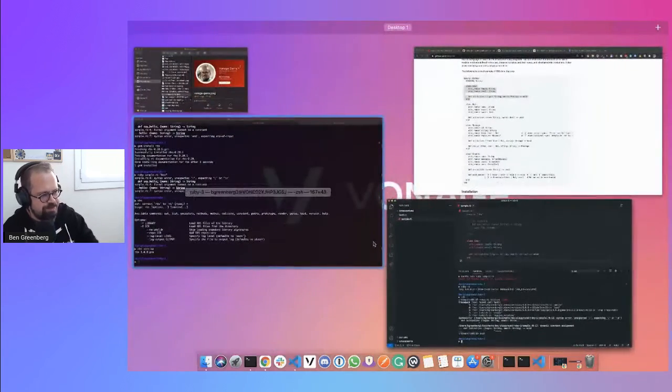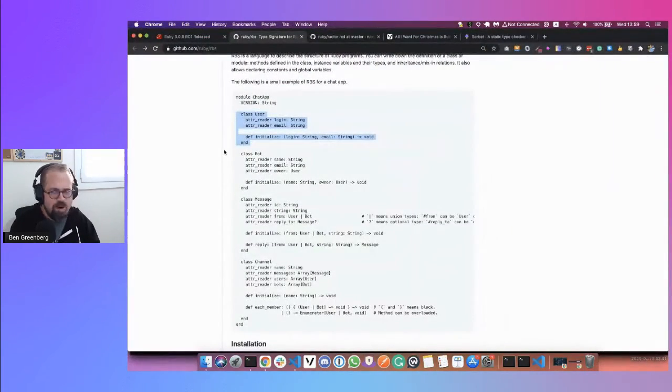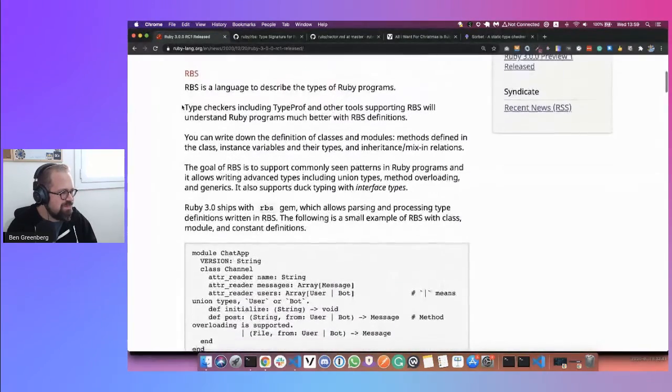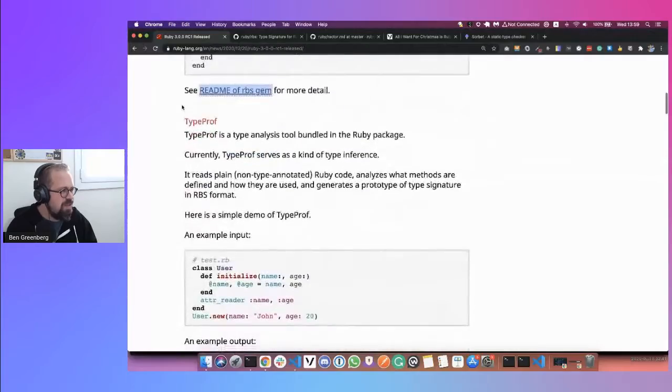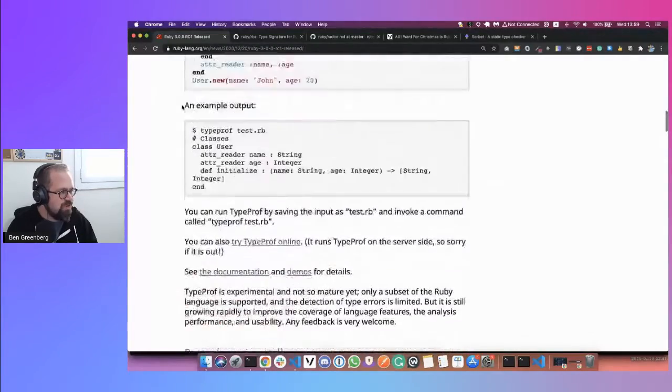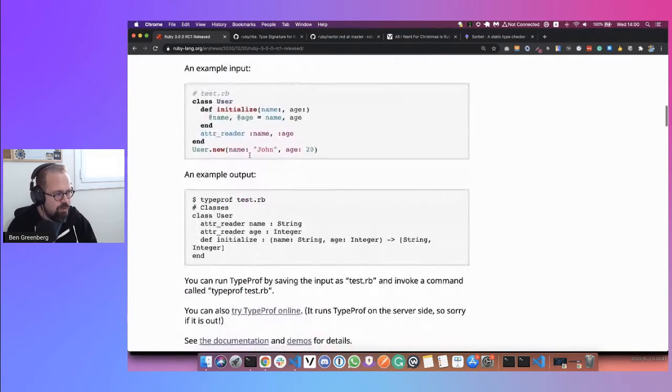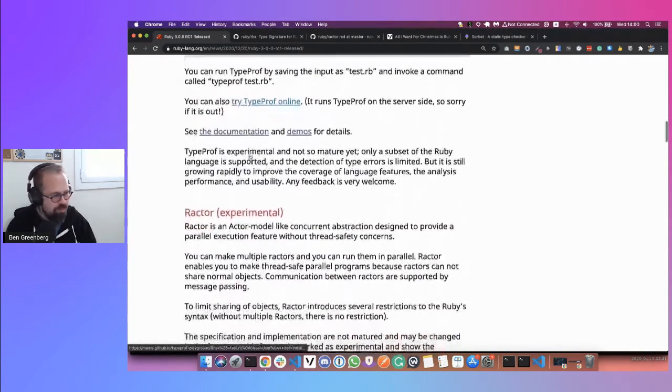So what else do we have to play with? We're going to move on from RBS because that is what it is. I think it's exciting in potential, and hopefully it'll be working by the time the major release is out in about 2 days. But clearly something is not happening there. I don't know what it is, but it's not. Okay. So in addition to that, they have their own type checker, by the way. So this has potential to overlap with Sorbet's type checker called TypeProf. It's not yet as fully developed as Sorbet, but it might at some point. But that's coming built into the Ruby 3 release as well.